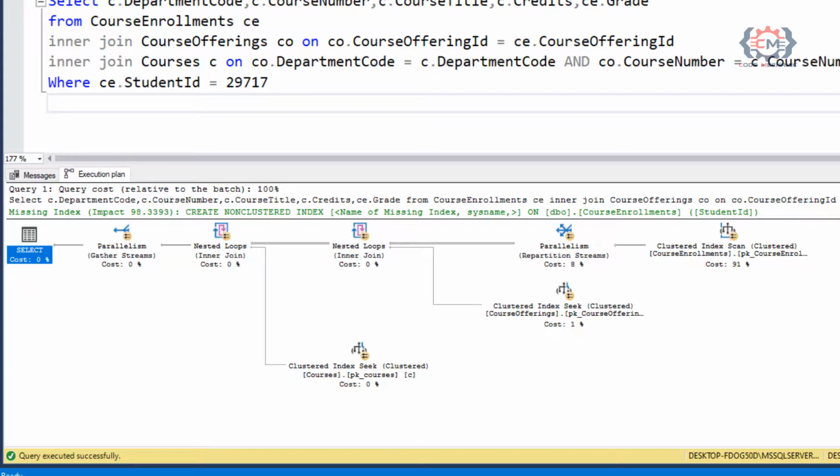So, we will start out on the right with this clustered index scan operation, and we can see that on the second line this operation is occurring against the CourseEnrollment table. We can also see on the third line what percentage of the total cost of the query this particular operation accounts for, and we see that this is 91% in this case. So that immediately signals to us that when we get to the point of tuning the statement, this is an operation that we are really going to want to take a look at.